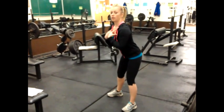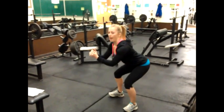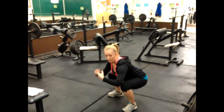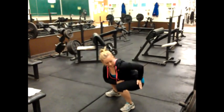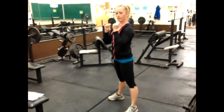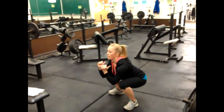You're going to come down. Remember to keep your shoulders back, core tight, spine neutral. Squat back, weight in the heels, push your glutes out, then come down as deep as you can, preferably so the crease of your thigh is below the knee. Remember, keep your chest up, okay, and then press up. Okay, again, go down, weight in the heels, chest up, and